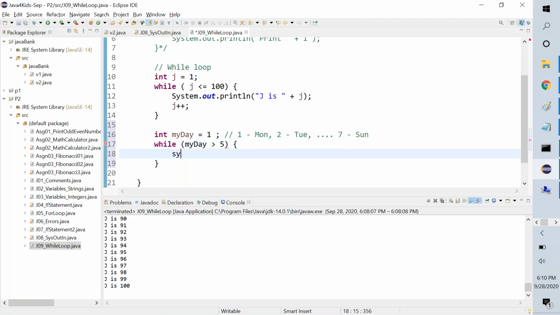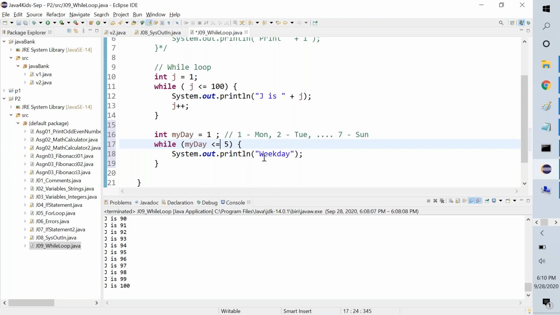Then I will print, so sorry, no, the days will keep increasing. I'll say my day is less than 5. I'll say it's a weekday. And now what that means, team, is while this keeps happening, less than or equal to 5,